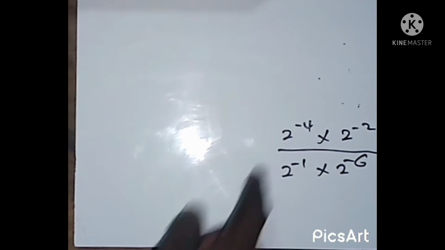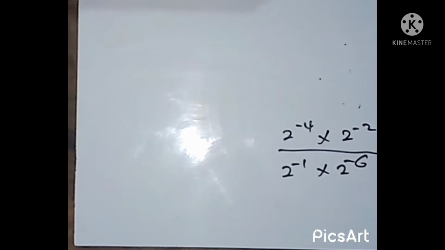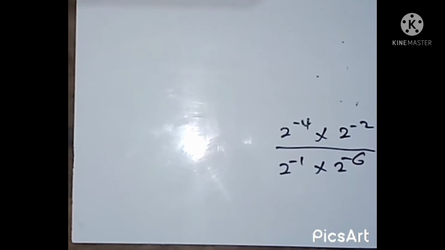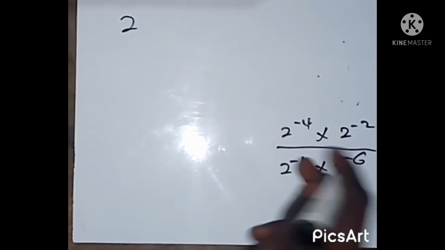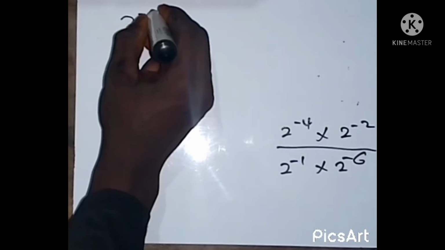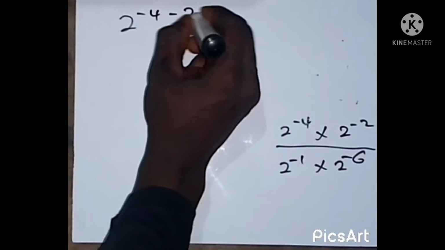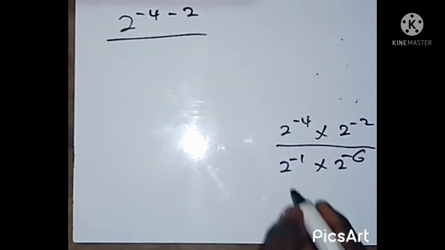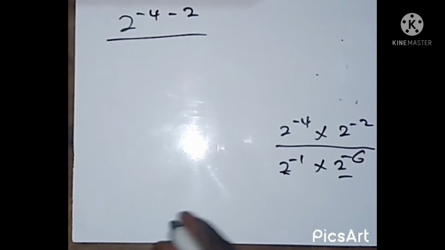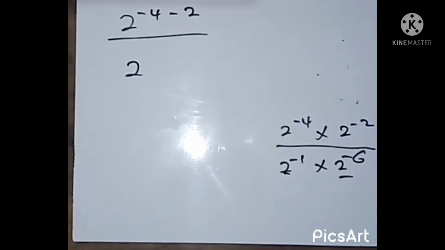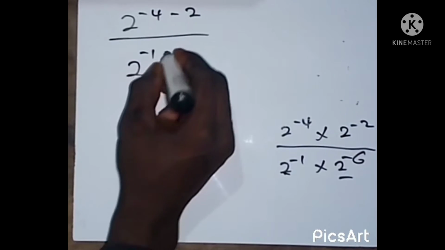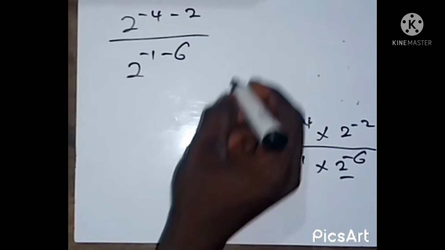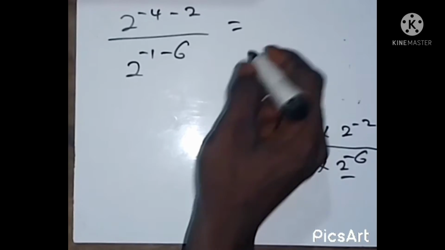To do so, the bases are equal, so we take one of the base. Since it is multiplying, we take one of the base, which is 2. Then we add the exponents, negative 4 and then negative 2, and all this over. Here too, the bases are equal and it is multiplying, so we take one base, then we add the exponents: negative 1 and then negative 6, which will give us now